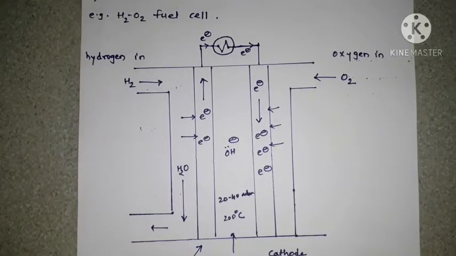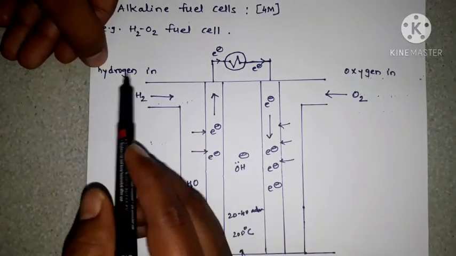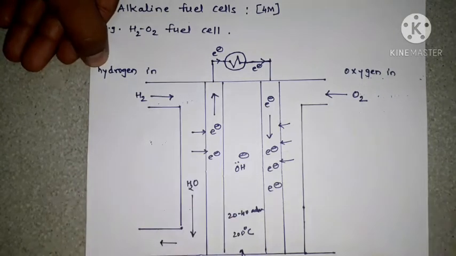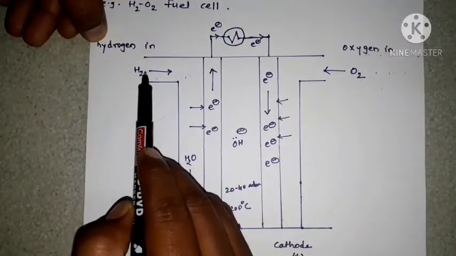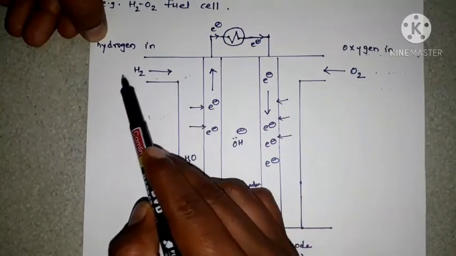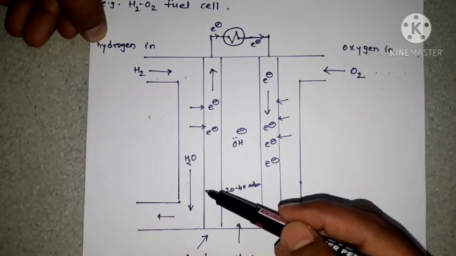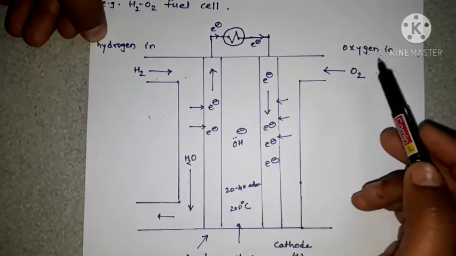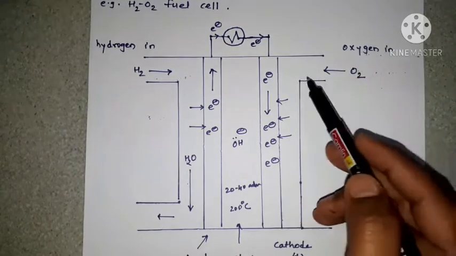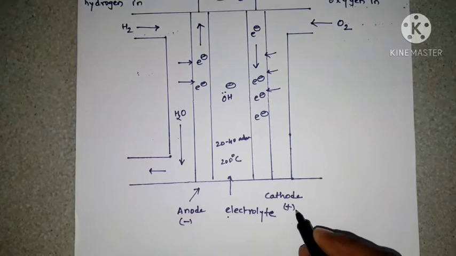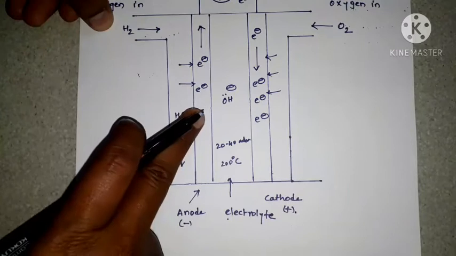Then fourth point is here, at the left side hydrogen gas is passed on anode or bubbled through the anode. Hydrogen is in the gaseous form, do you know? And when hydrogen gas is passed or bubbled on anode, okay, and at the right side oxygen gas is bubbled through or passed on cathode, that is positively charged electrode, and hydrogen gas is continuously passed on anode, okay.